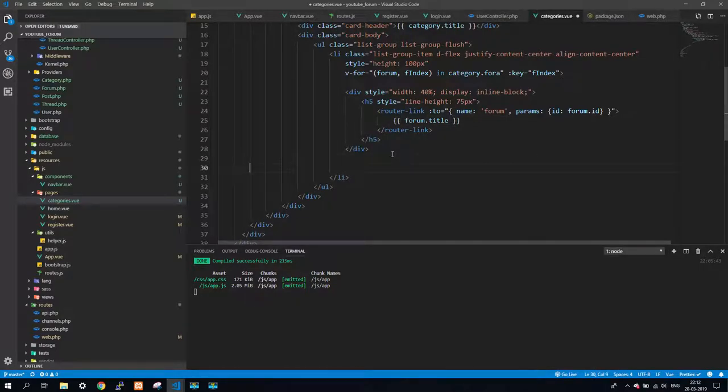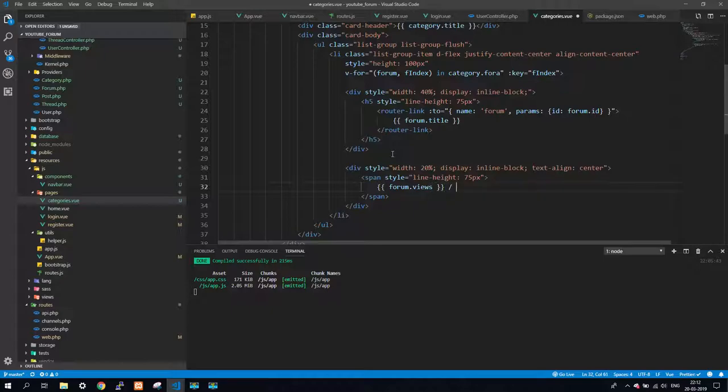Under this we say div style width 20%, display inline block, text align center, and here we will say span style line height 75 pixels, and here we will write forum.views and then strong forum.replies - 1, because the first one is the one we created ourselves. So that's it. And next